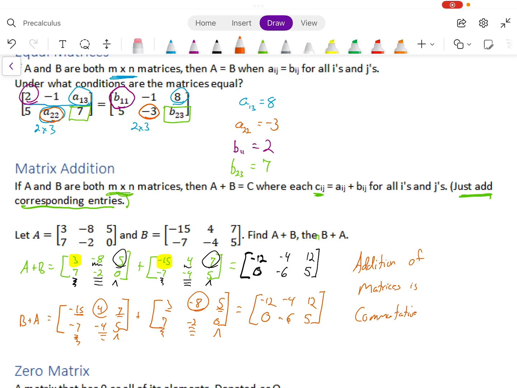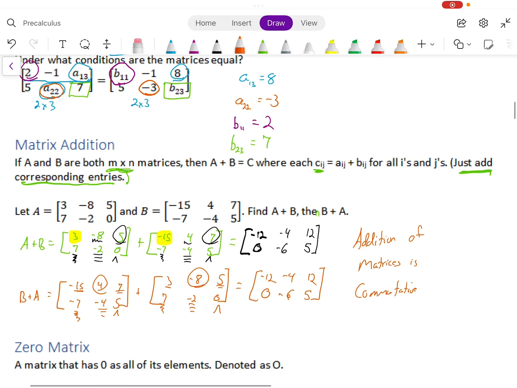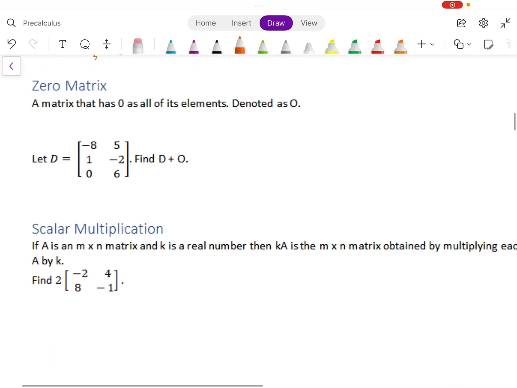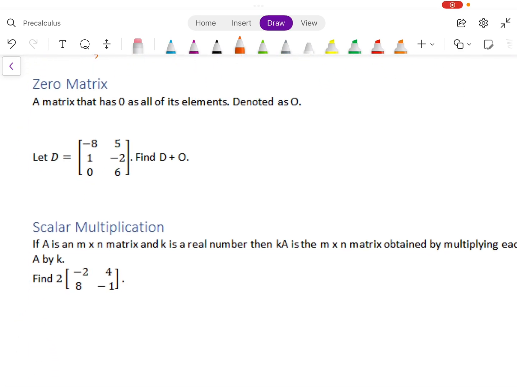All right. Let's keep working through here. A zero matrix, a matrix that has all of its elements denoted as O. This does not specify the dimensions, so O could come in different forms. O could be 0, 0, which is 2 rows by 1 column. O could equal,